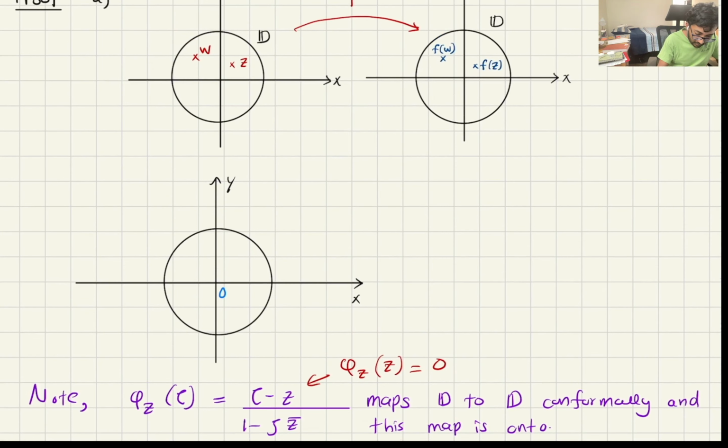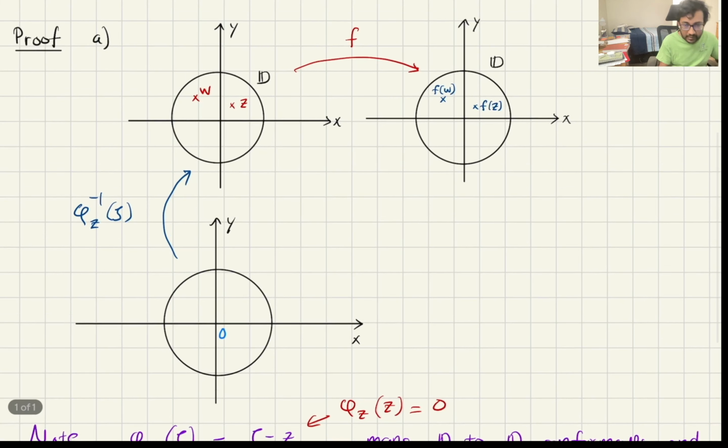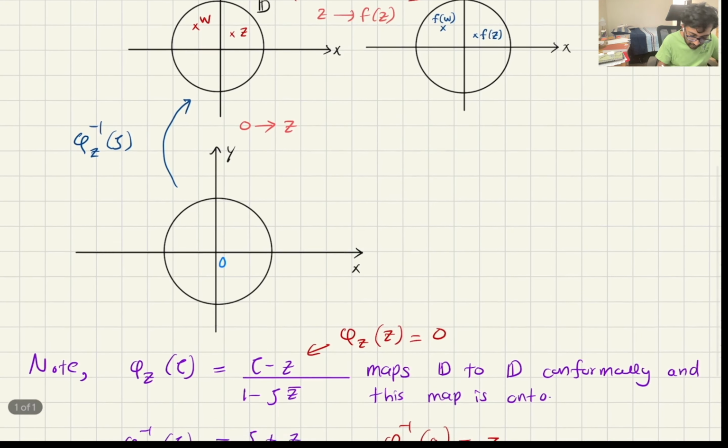This is phi_z inverse of tau. Now what this map does is it maps 0 to z. Under this map, 0 would be mapped to z. Then I am applying function f to that, so z would be mapped to f(z). What I'm going to do next is